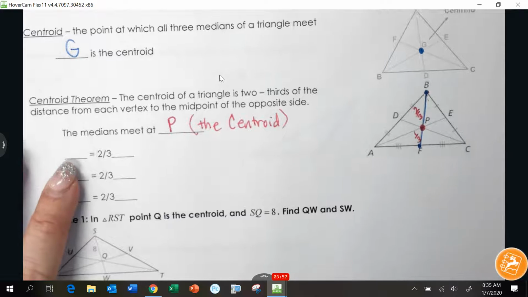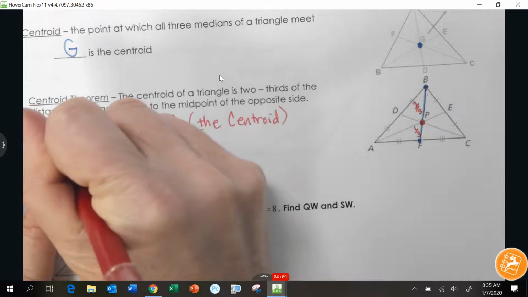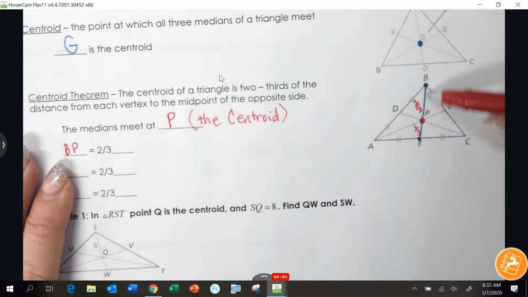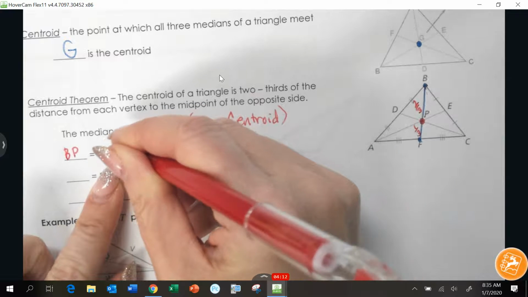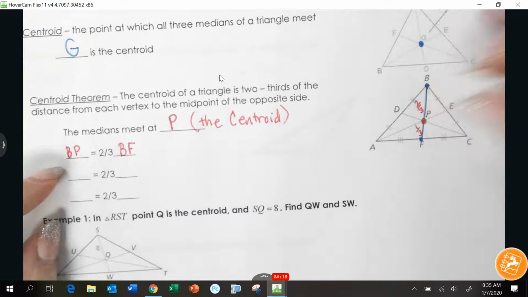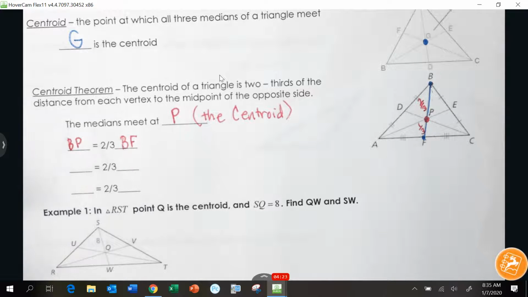So here I'm going to fill out that BP, and I did not put a segment about it because I'm talking about distance right now. BP, do you see where BP is? That is 2/3 of the length of BF. So if I look at the whole median, the longer part is 2/3 the length of the whole median. So using that,